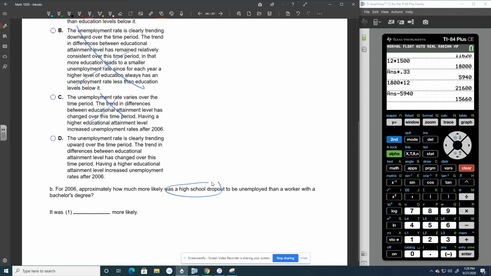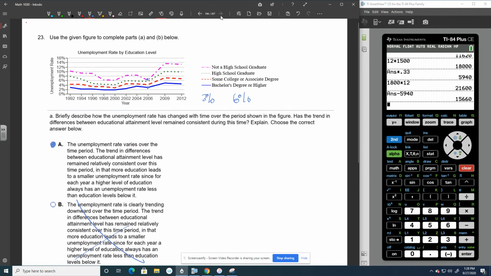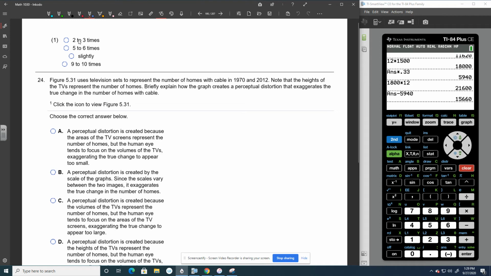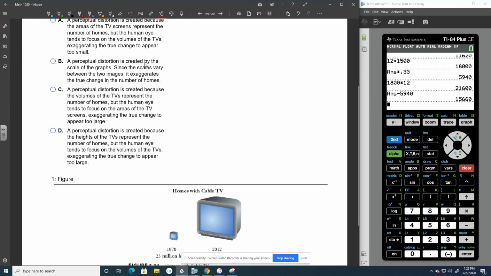Please give me a drop-down menu. Don't make me guess something between double. Okay, there we go. Good. 2 to 3 times, 5 to 6 times, slightly, or 9 to 10 times greater. So we obviously want the 2 to 3 times. That's the one we're looking for, because it's double, maybe a little bit more, but that's kind of